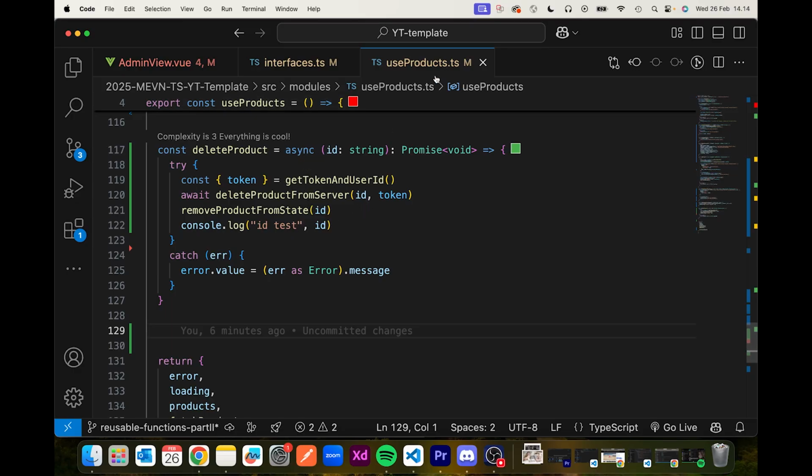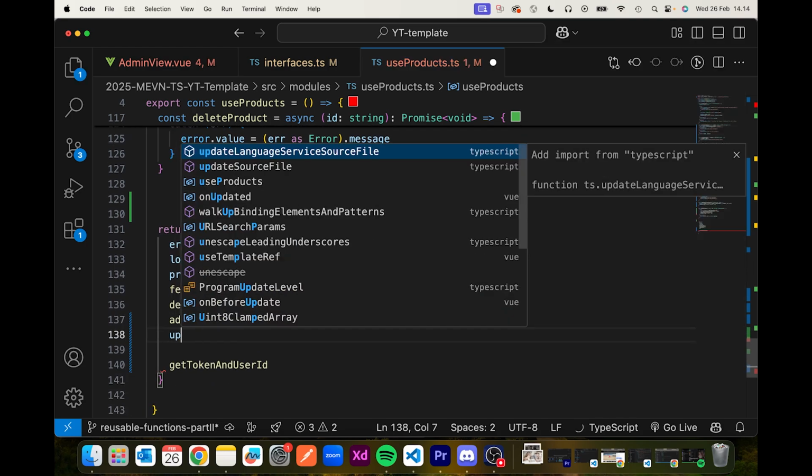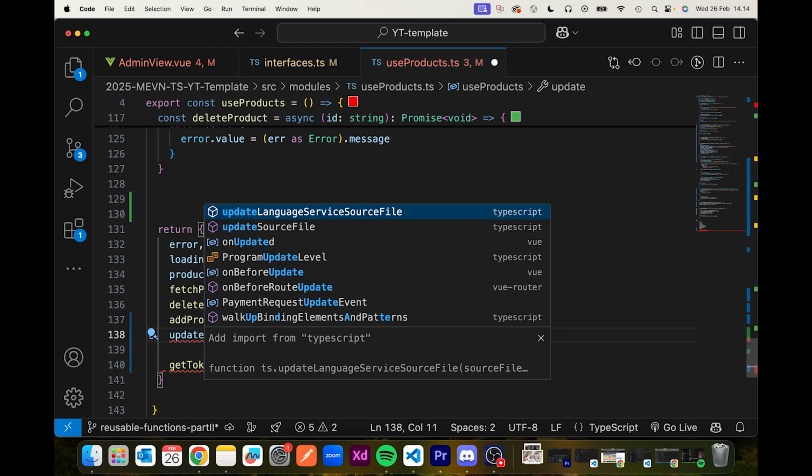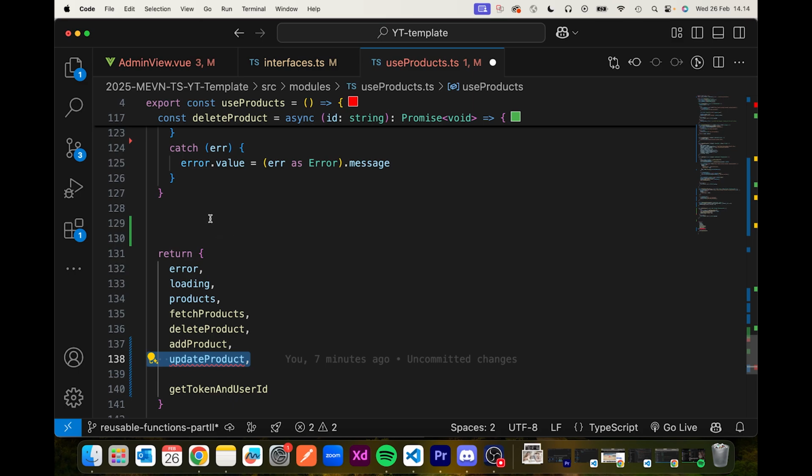Right, back in the use products, while I'm here, go to the bottom, we return, we're just immediately going to update product, because again, I will very much forget this otherwise. It's blue, we haven't created it yet, doesn't matter. It'll be yellow in a moment, but now we're making sure that it is being exported so we can actually use it. Good. So we're going to create, just like the delete, we're going to have three different